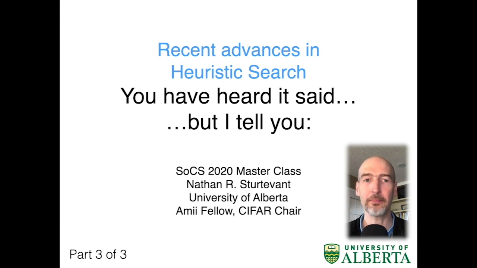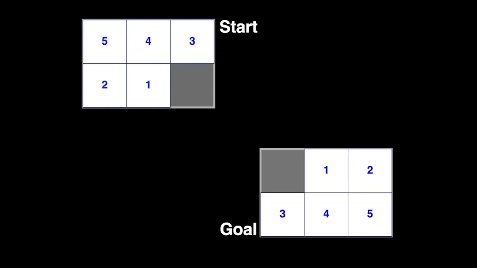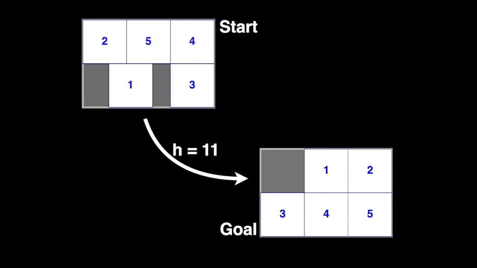Just to recap, the problem that we're trying to solve here is I have a start state that is a configuration, in this case a 3x2 sliding tile puzzle. So it's a configuration of that state space. I'm trying to reach a goal state, which is a different configuration. And I have a heuristic, which tells me an approximate estimate of how far I am from the start to the goal. And my goal is to then find the sequence of actions that's going to take me from the